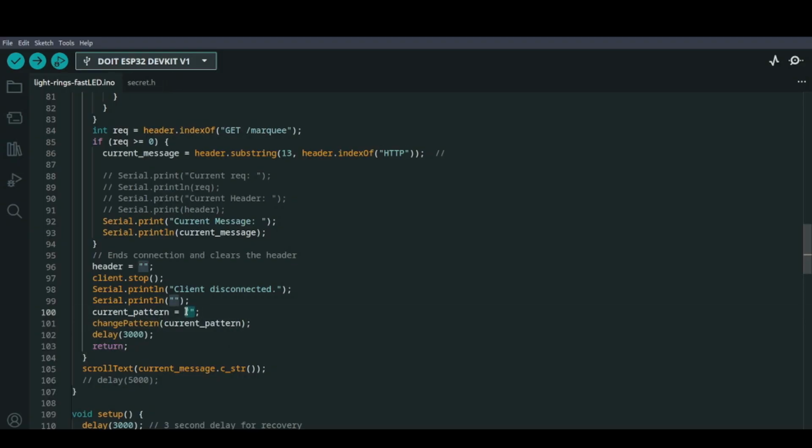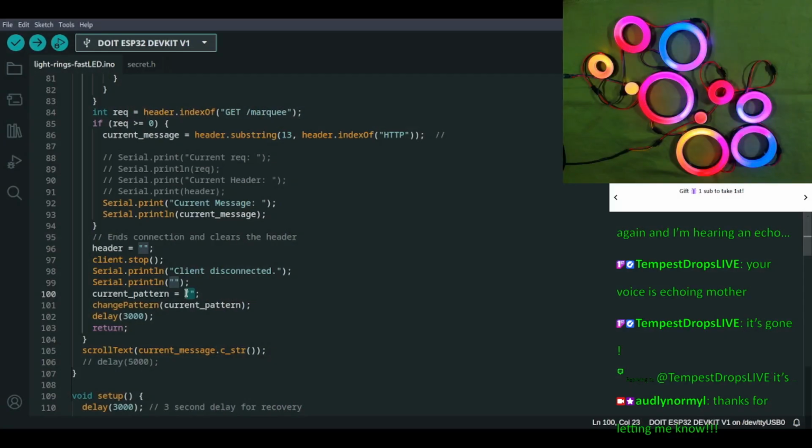And I don't actually have any of this set up yet, but okay, current pattern. And instead of a string, we're actually going to make this an integer because I think it's going to be a lot easier to control that way.